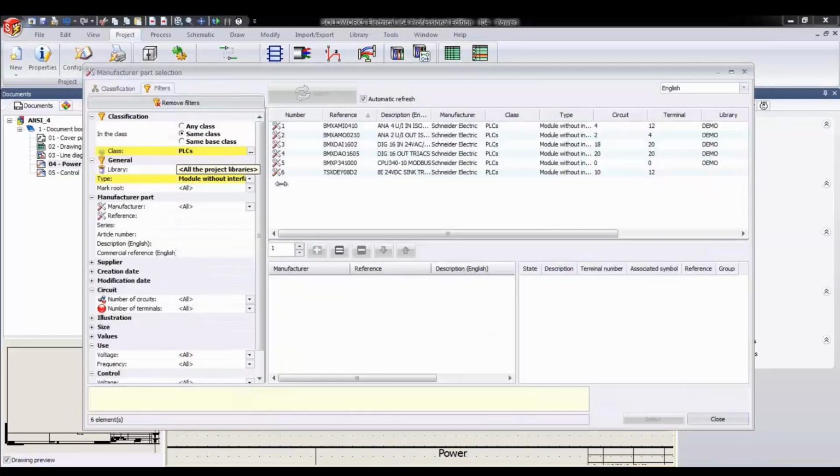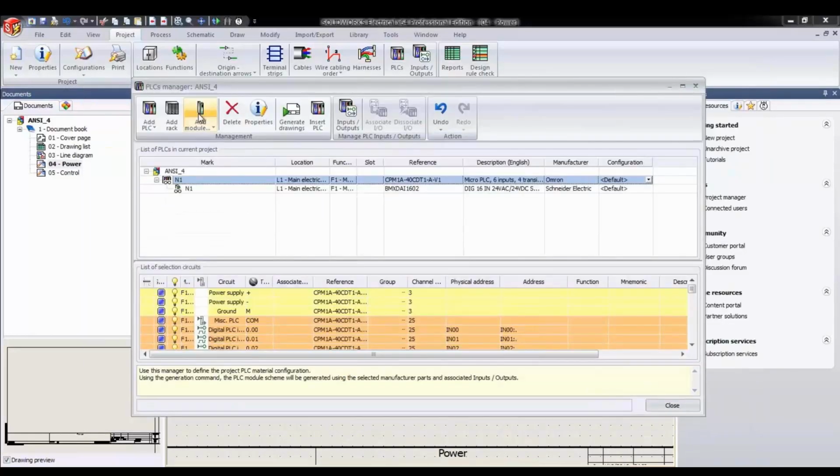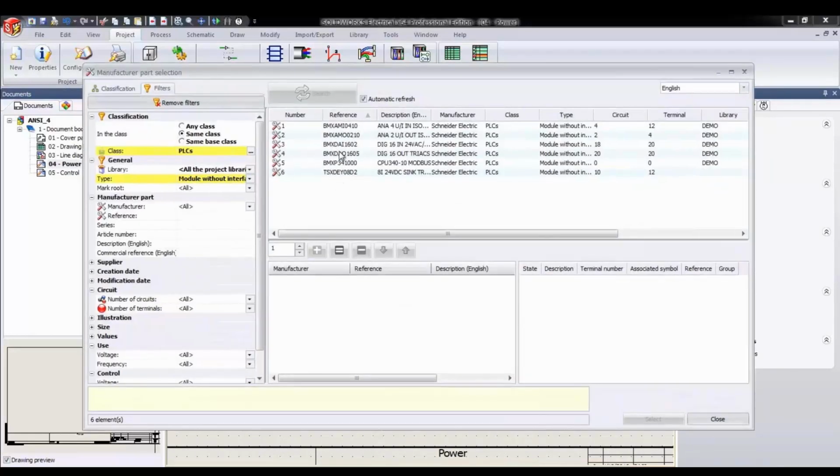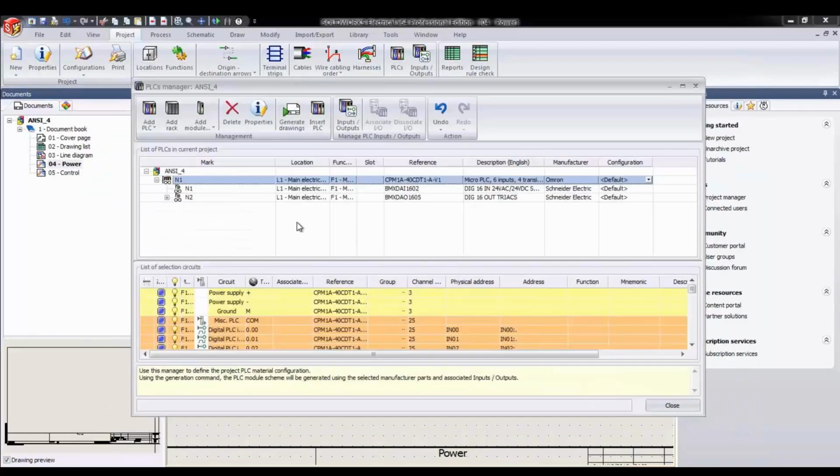So I'm going to add this first module. I'm going to add two more. I'm going to add an input card and an output card just to give it some more flexibility here, but be able to show more of this to you. Now, the first part of this is to realize that with each of these manufacturer's parts,